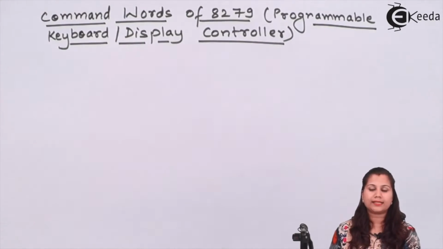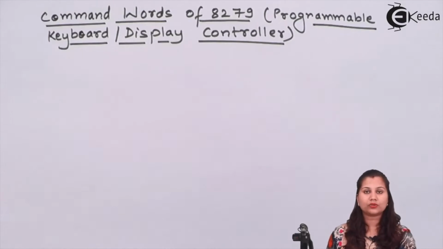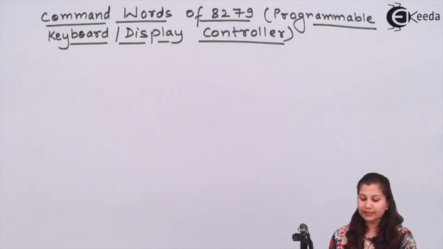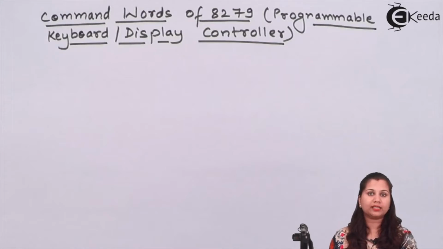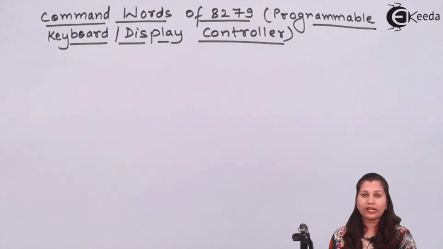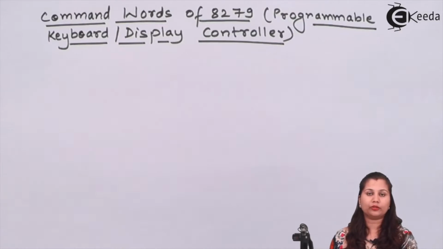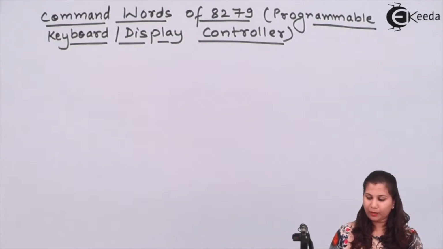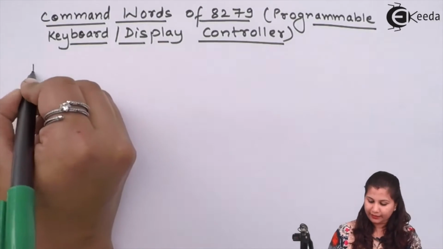As we know, the 8279, which is also known as the programmable keyboard display controller, is usually used to interface the keyboard and the display devices with the CPU or the microprocessor. When it is interfaced, there are various modes in which it can do its operations, like input modes and output modes. So, if we talk about the modes of 8279,